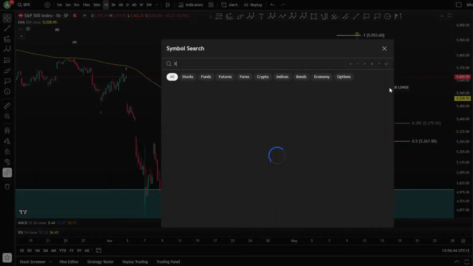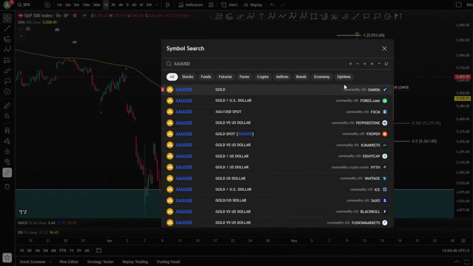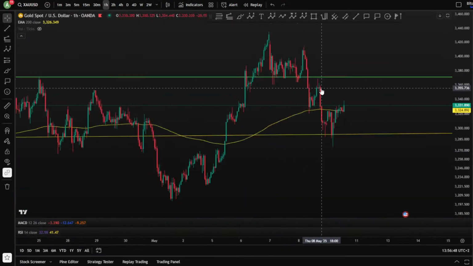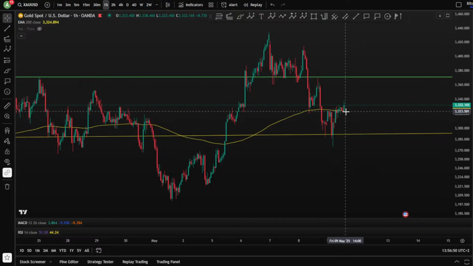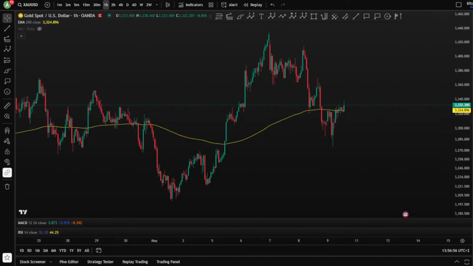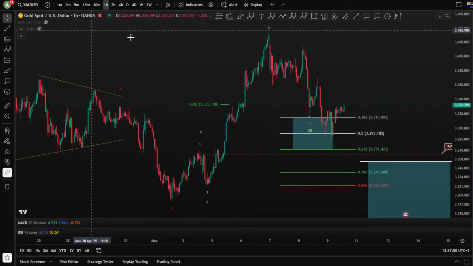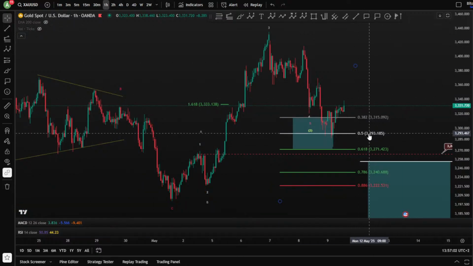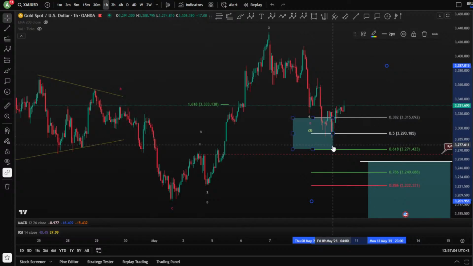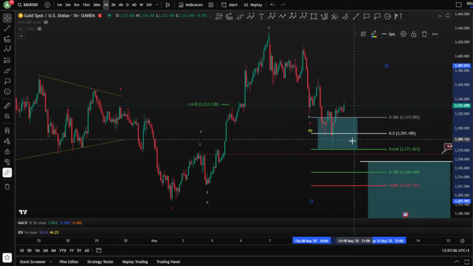Let's move to the gold. Let's see what the gold is doing. All right, so the gold is showing some green candles, very normal. We are on the 1 hour chart. Okay, let's see. Sorry, here we go. All right, blue zone hit. All right, as expected yesterday.